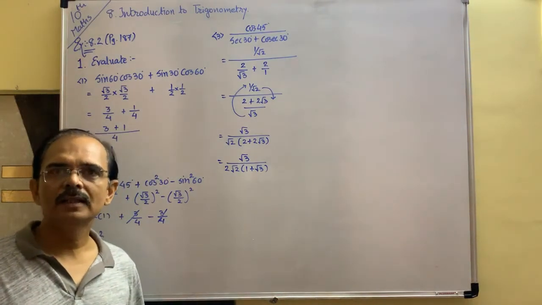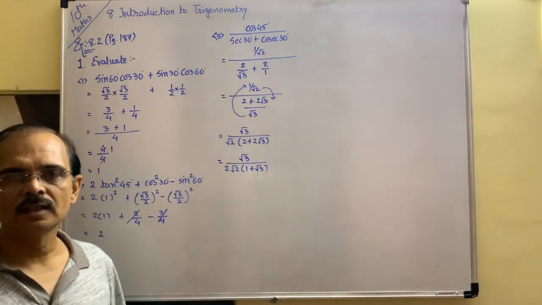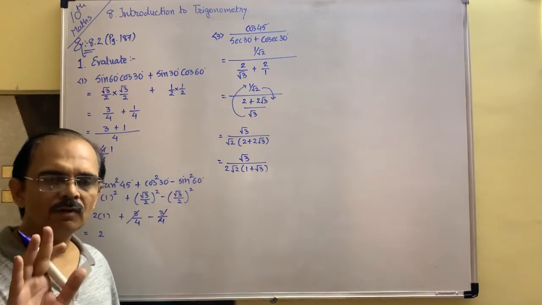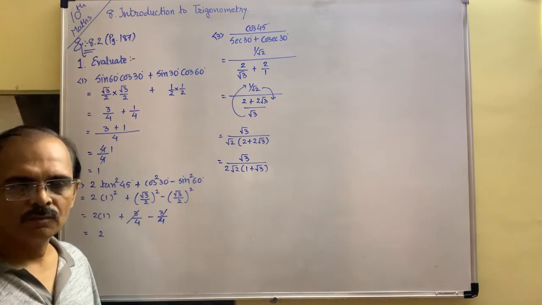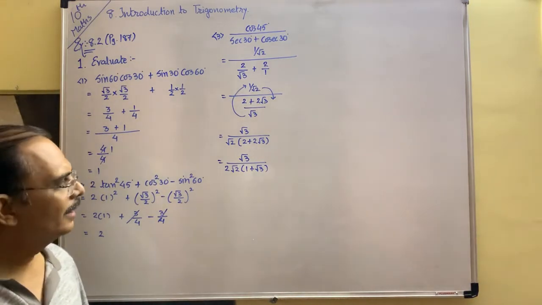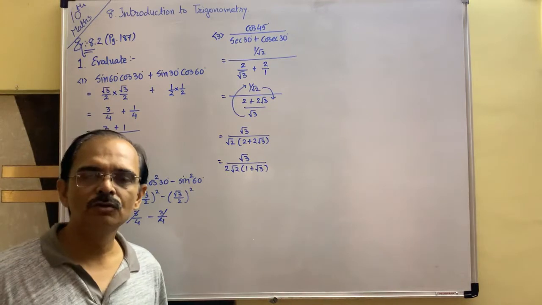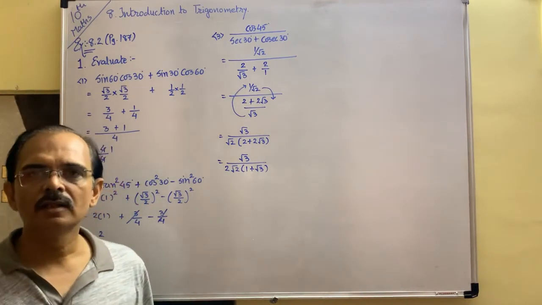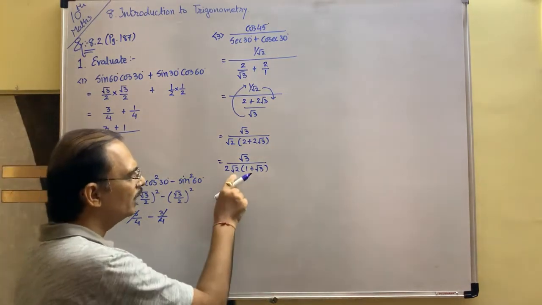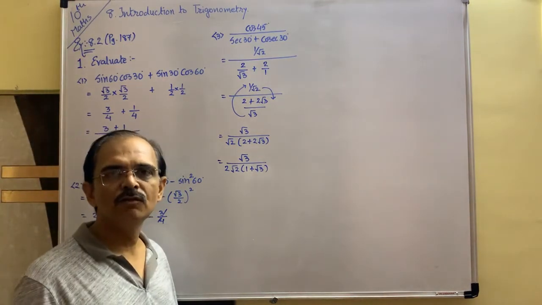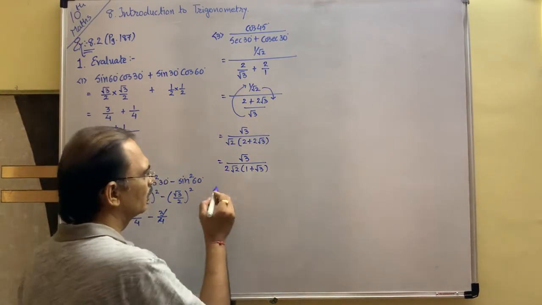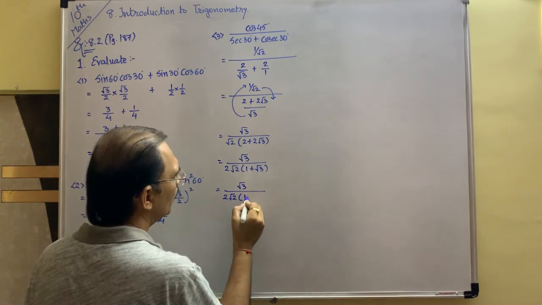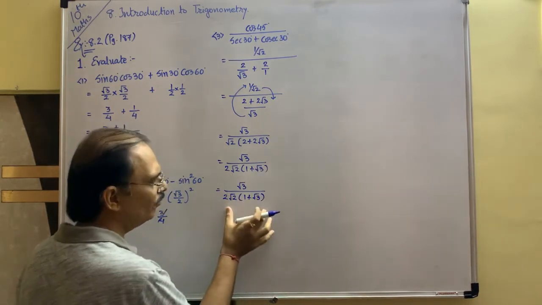In the denominator there is an irrational number, which is known as surds. S-U-R-D-S. Surds. The word is new for you, but it is an irrational number. And the rule in maths is that you should not keep this irrational number in the denominator. So to remove this, we should multiply it by its rationalizing factor. You have learned it in 9th standard. So I have multiplied by its rationalizing factor. 2 root 2 into 1 plus root 3. Keep it as it is. This is the same one.